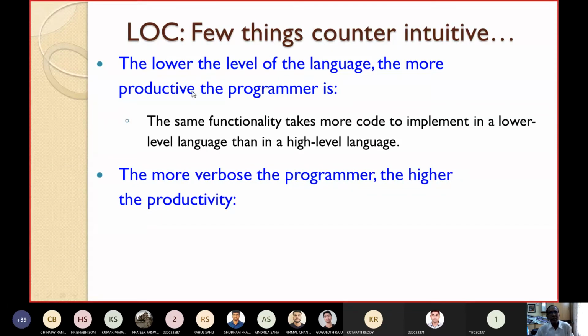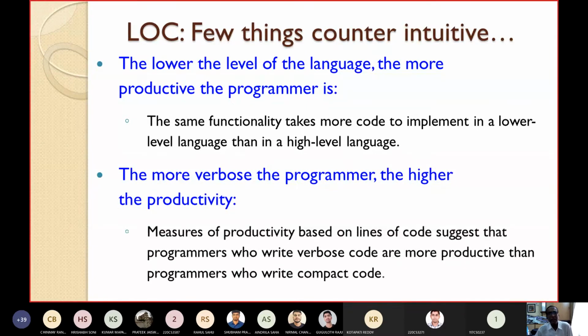Regarding the first point, the same functionality takes more code to implement in a lower level language than in a high level language. If I write a program for addition or subtraction or power, the same functionality takes more code in a low-level language in comparison to a high-level language. So the first point is obviously counterintuitive with regards to LOC.